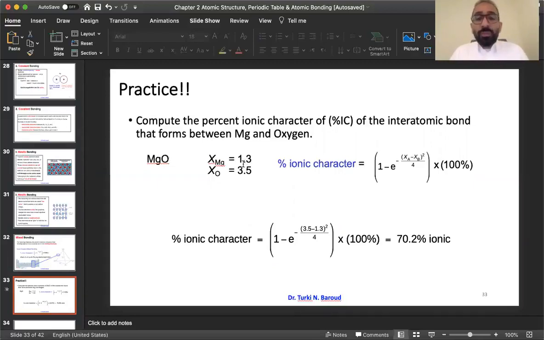If we plug those numbers into this equation, we end up with 70.2% ionic. That means around 29-point-something percent covalent. So it's mostly ionic, but it has some covalent